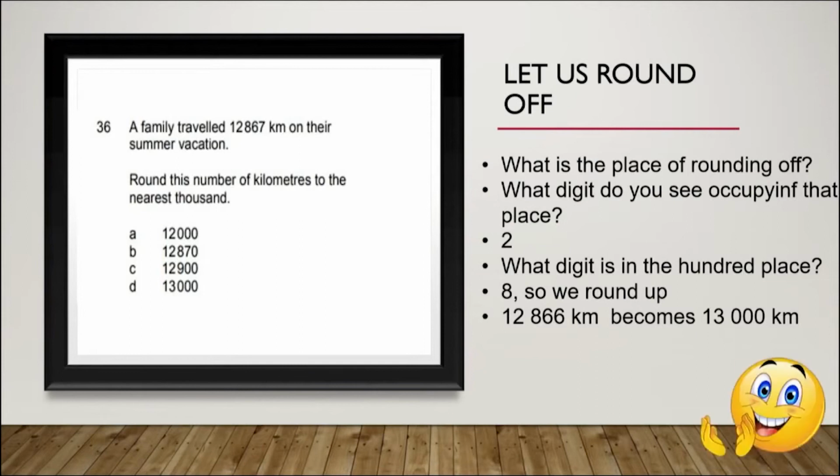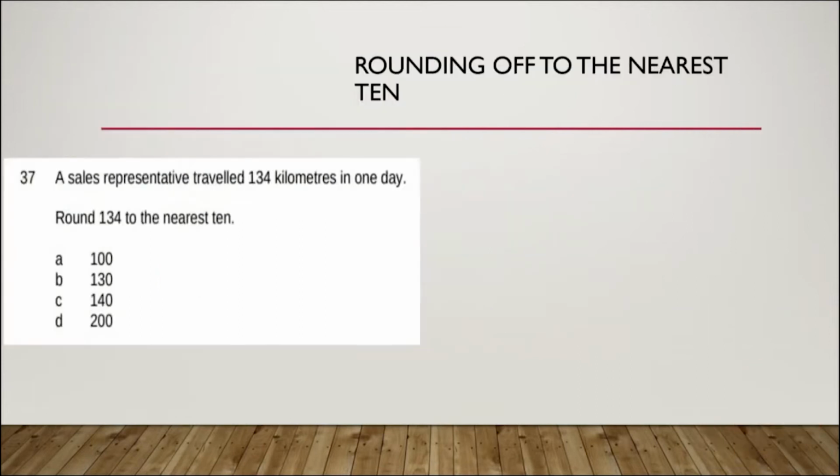And we are on our final question for the afternoon. A sales representative traveled 134 kilometers in one day. Round 134 to the nearest 10. All right, so once again, very simple, guys. Remember, we look for the place that we're rounding off to. The digit in the 10